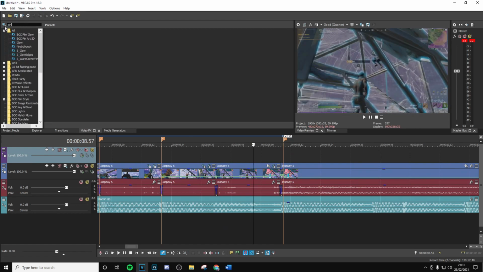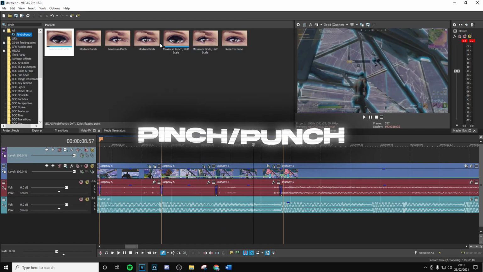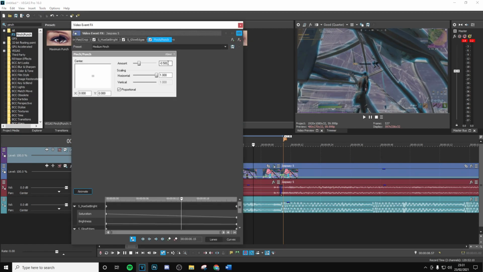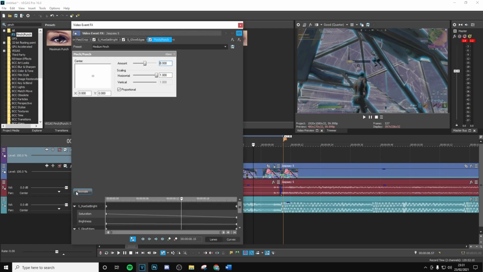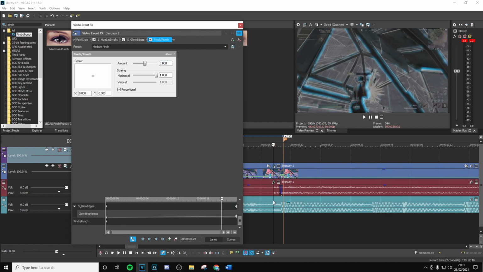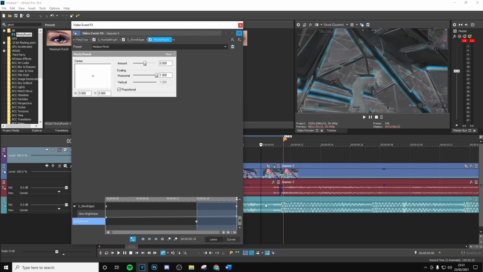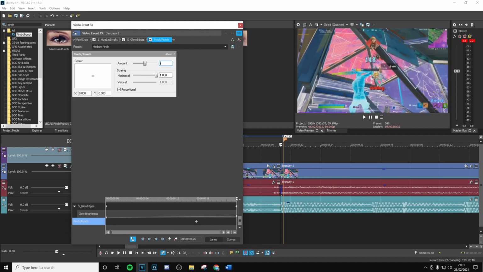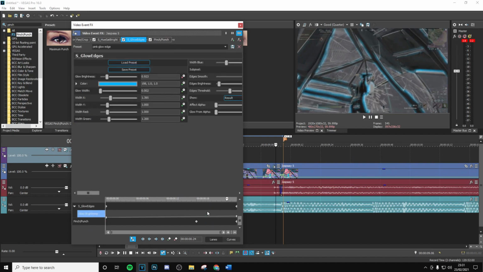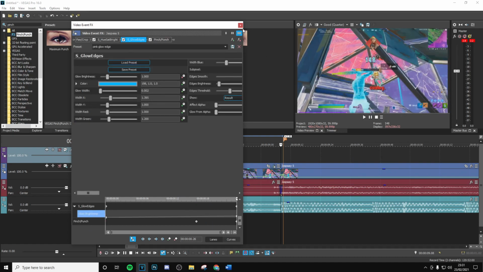One thing that is really well used in over editing is going to be the pinch punch. Drag the medium one on, put the amount to 0, then you want to hit animate. Then you want to find your 0 here. You want to go 1, 2, 3, 4, 5, 6, 7, 8 frames back. Go onto this here, go onto this point here, and then put this to minus 0.7. And that's basically going to pinch your screen in before the kill and help build up to the main beat